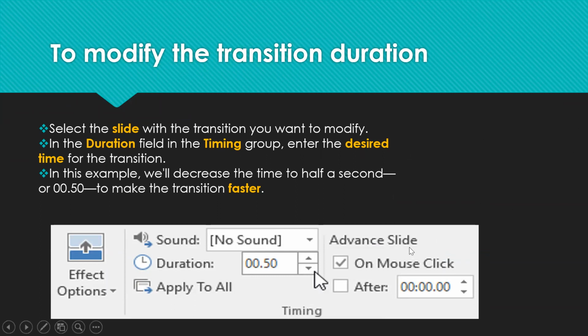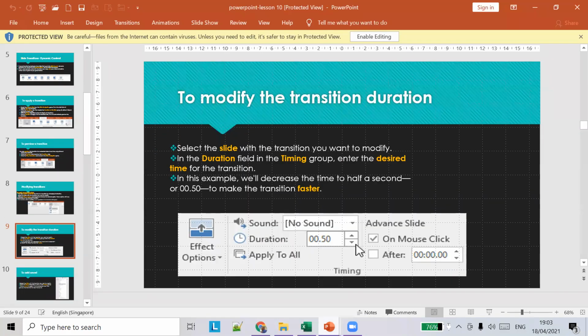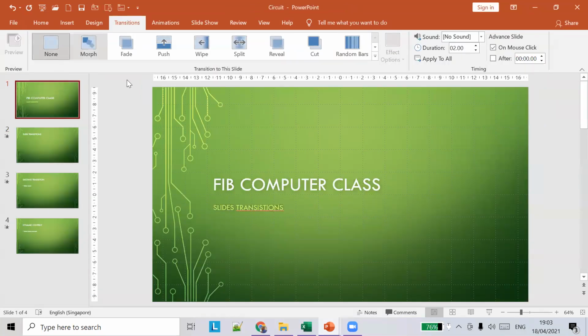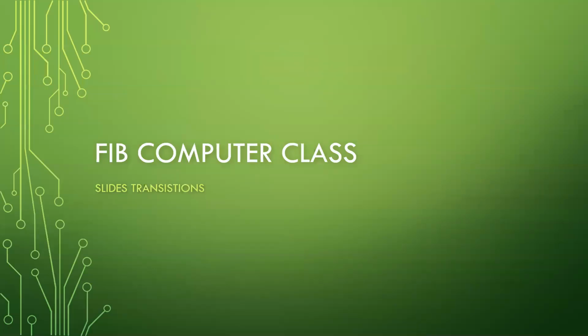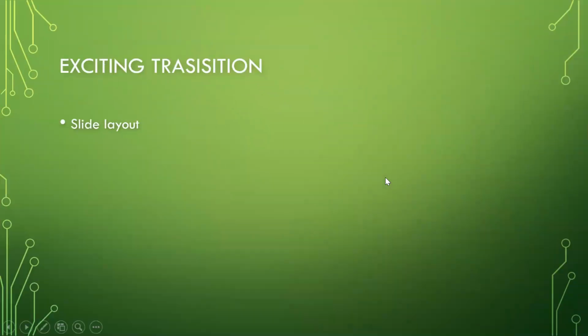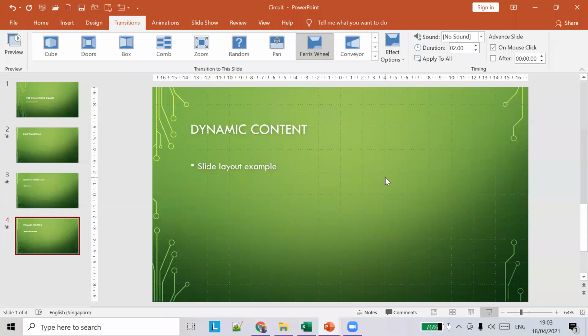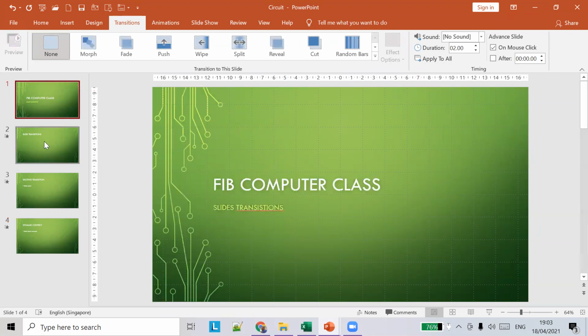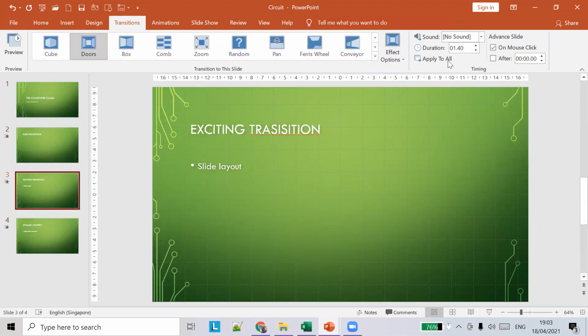So you can modify the speed of the transition. If you see here, you can see the transition times. It's almost the same for all the slides. Let's say I want to do a transition very fast compared to others. I think for every slide the default transition is 2 seconds. Sorry, it's not for everything, but for the third one it's 1 second 40 milliseconds, I guess.